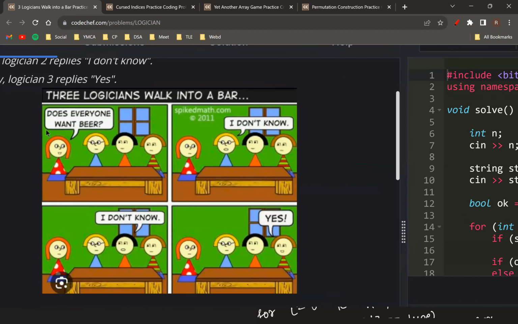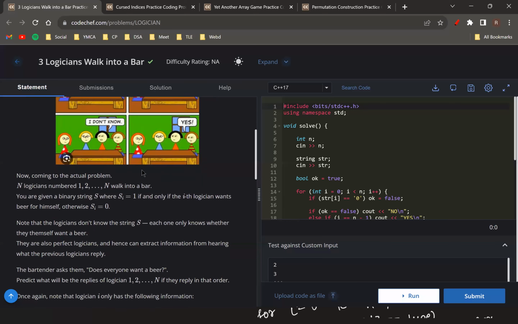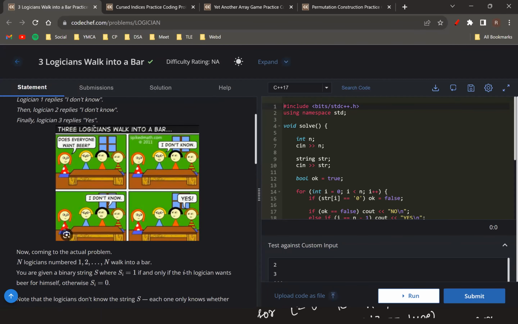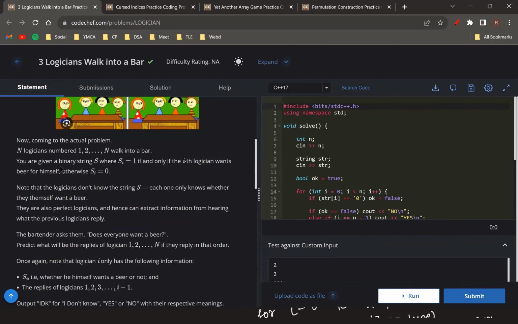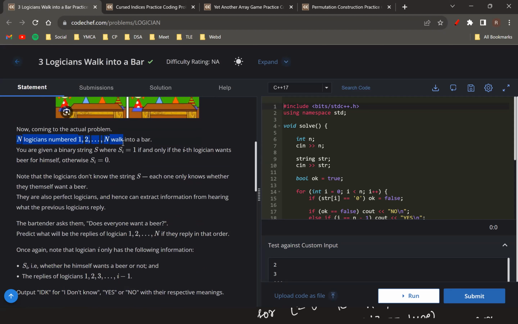It's because the bartender asked, does everyone want a beer or not? So the answer would be yes only if all of them are really willing to get it. Even if one of them says that he doesn't want a beer, then in that case, all of them will directly say no. So we are just being asked a problem similar to this, where we have n logicians